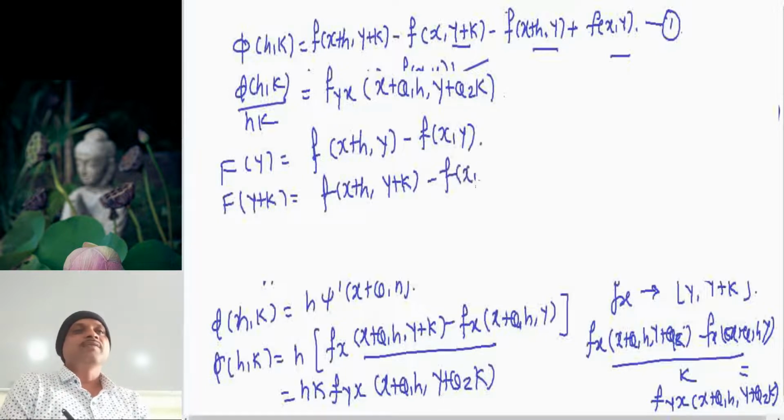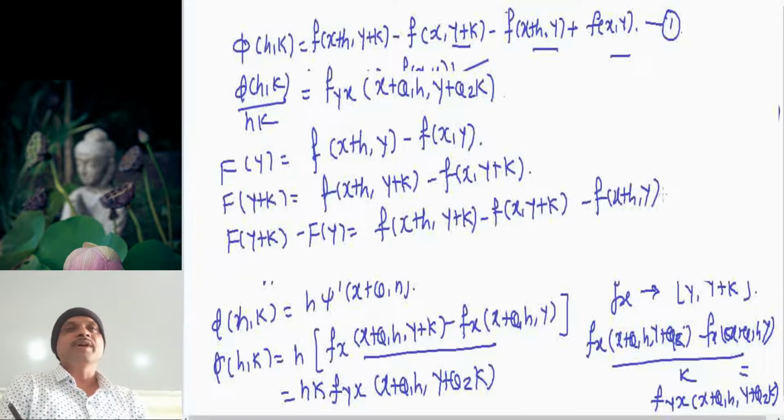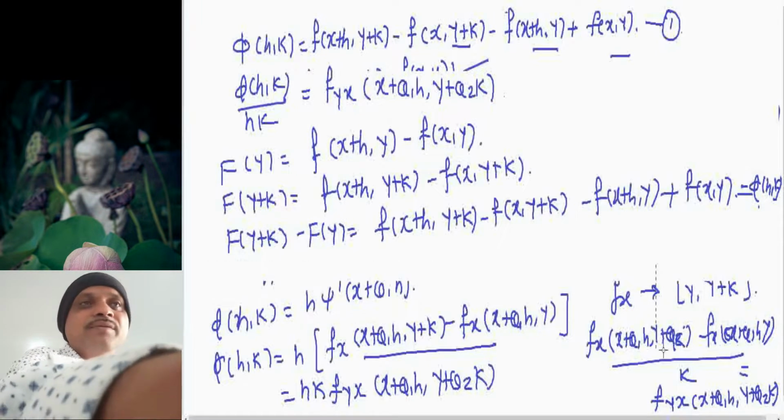Then F of y plus k minus F of y, if we calculate this, we have f of x plus h, y plus k minus f of x, y plus k minus f of x plus h, y plus f of x, y. Again this is nothing but phi of h, k. So we now get phi of h, k is nothing but the difference of this function capital F,